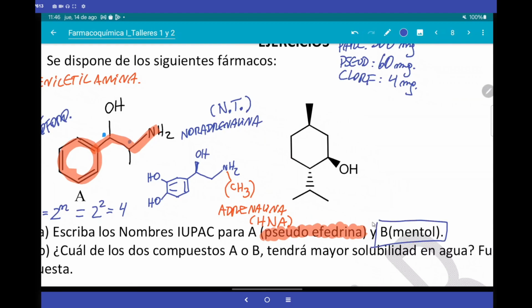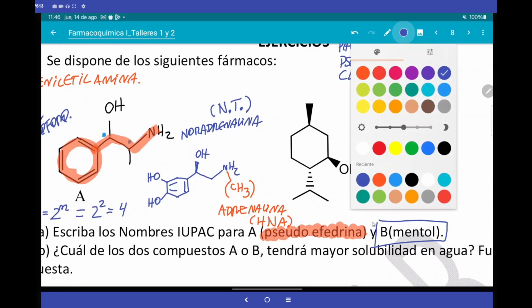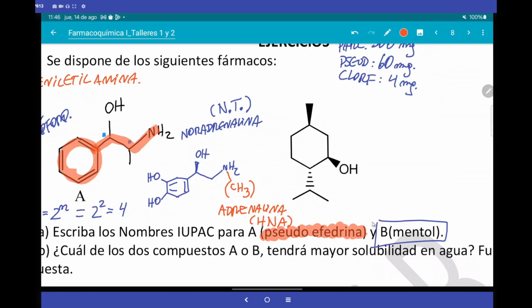is it an alkaloid or a terpene? It needs an amino group to be an alkaloid, of course. And since it does not have it, it is a terpene. But we have to define that it is a terpene, because not just because something does not have nitrogen is it necessarily a terpene. It could even be an artificial molecule.